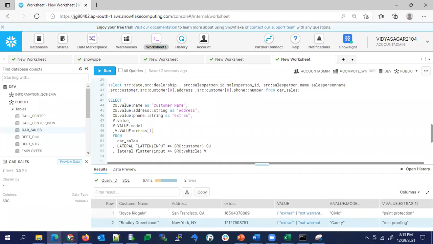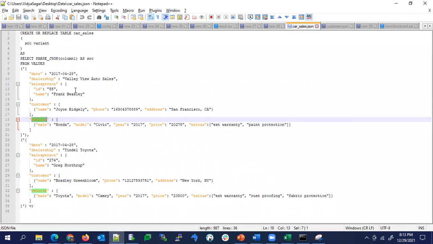It depends on the file we have, where the vehicle make and extras are. Extended warranty is showing as the first column, so extended warranty data is present. Here paint protection is the second column, but here we have rust proofing as the second column.